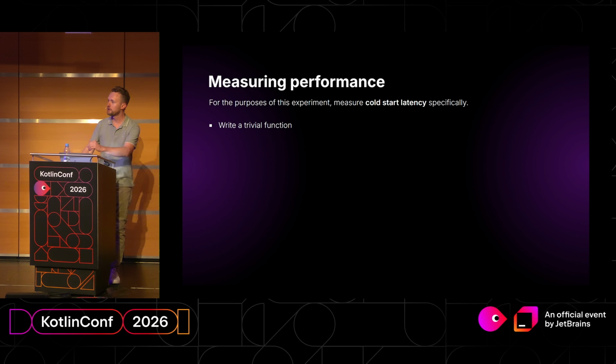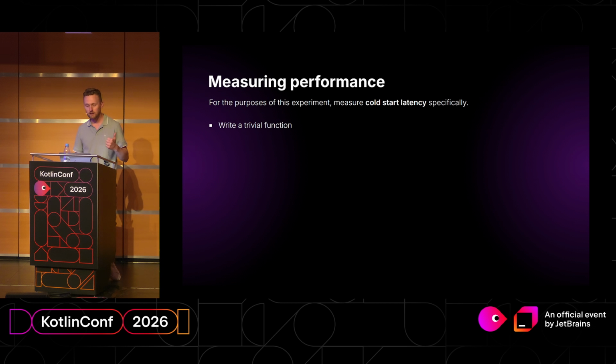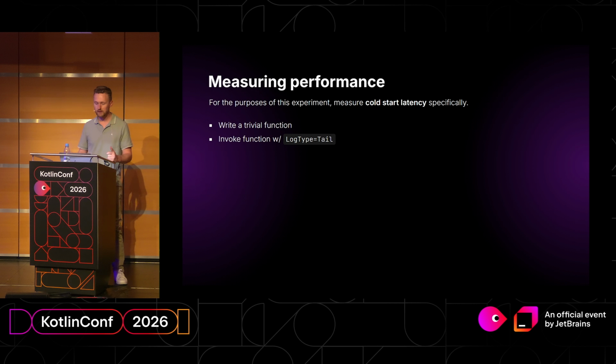So the procedure for doing that is going to be to write a pretty trivial function for the Lambda to execute, to invoke that function using an additional argument that's not the default, where we say the log type is tail, which means that when we execute this function and when it finishes, we'll get back the end of the logs for the execution of the function. The cold start latency will be reported in those logs,